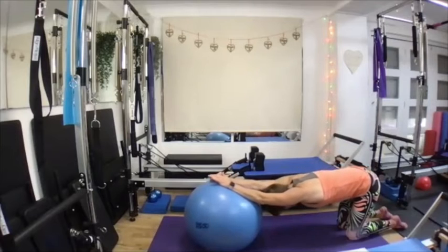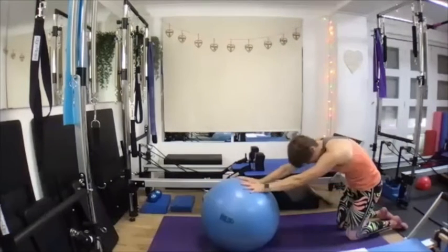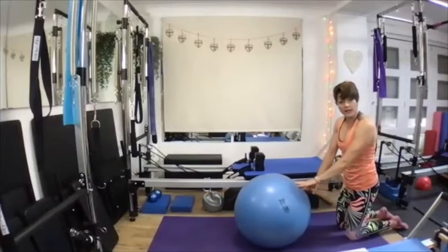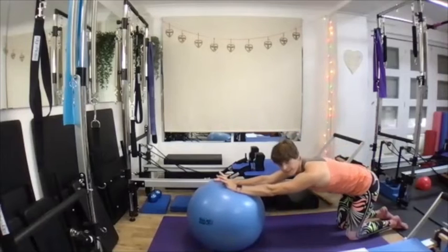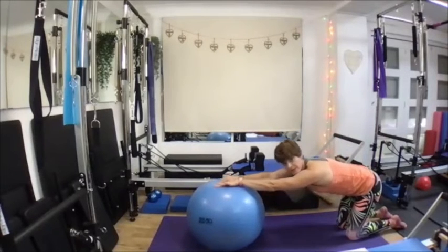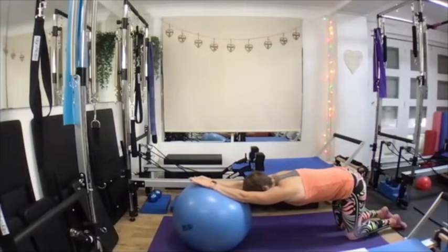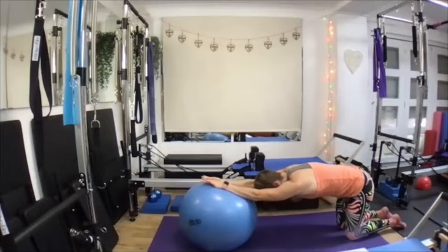Inhale out, bum nice and high, shoulders long. Exhale, roll up. Last one, this time we hold out. So pushing all the way out. Now keeping this position, you might need to adjust the hand position here. And then moving the body weight forward, so you're more onto the forearms, push through the shoulders, and then roll